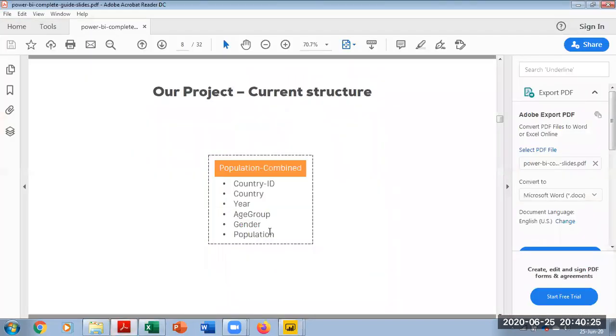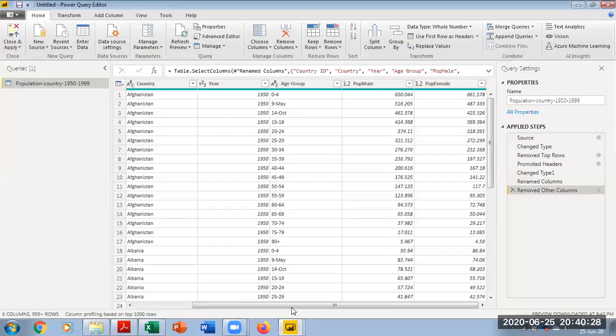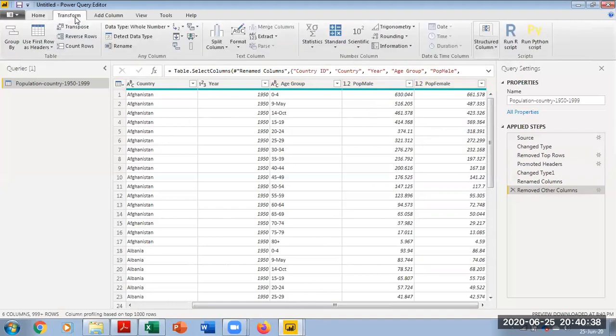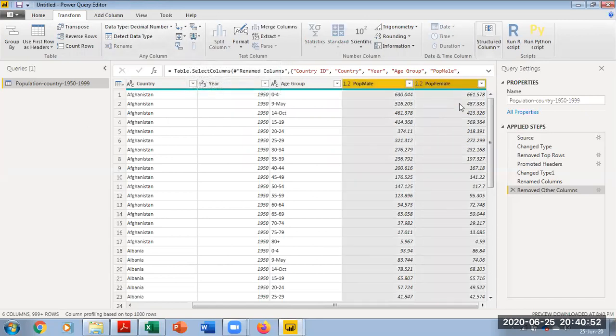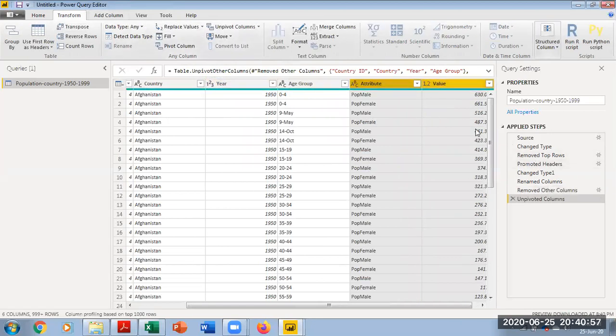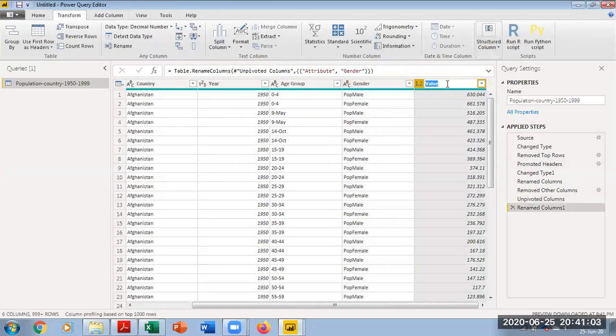But my PDF says I have a gender and population, but I have the genders and population coming in 2 different columns. So I'm going to swap the data here. I'm going to just switch the columns into rows and rows into columns. For this, I'm going to use the Transform tab, then an icon here called unpivot columns. It translates the current column, whatever I select, and switches it the other way around. So now I'm going to select these 2 columns and then go back to the Transform tab and click unpivot columns. Automatically it jumps the list, and I'm going to rename this as gender, and I'm going to call this as population.